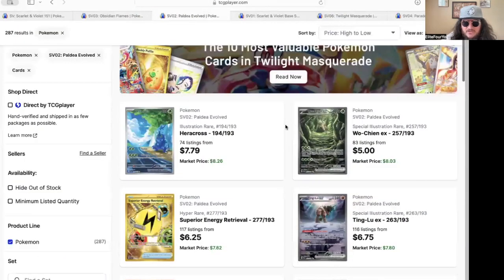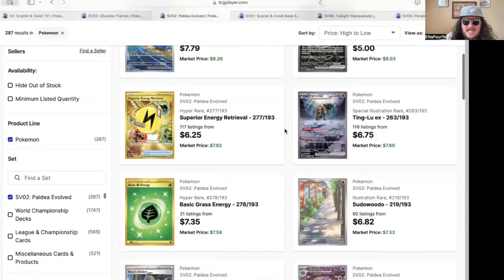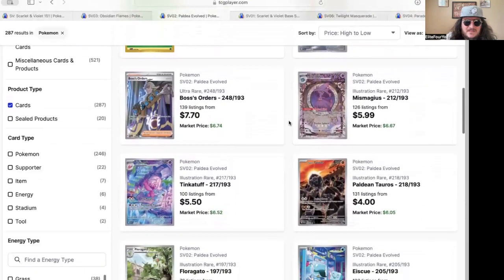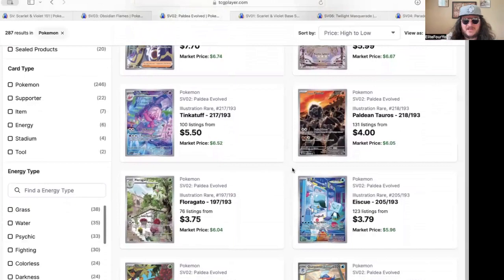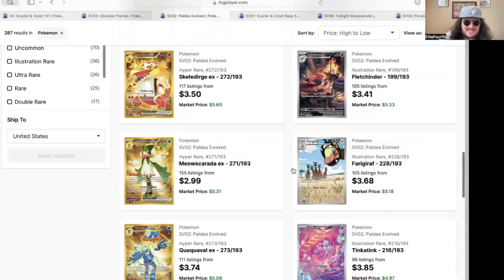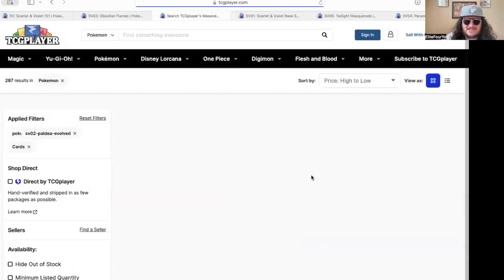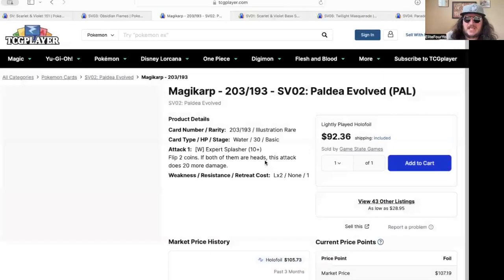And yes, those illustration rares are the big cards that are pulling value for these sets. And look, I keep going down here. Tinkatuff, $5 to $6 card. Tauros, a $5 to $6 card. So the value is there. When the 20th highest value card, I'm just guessing here, is at least $5, that's awesome. That means there's a ton of variety spread out, and you also have the big heavy hitter, of course, sitting on top,